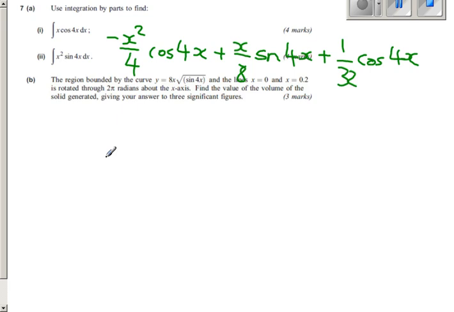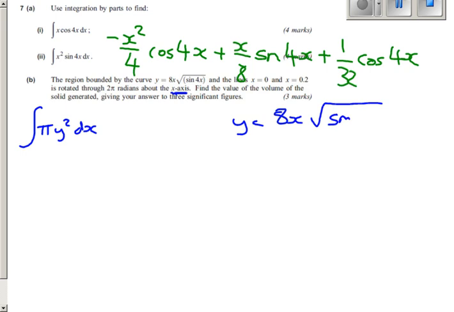Part B of question 7, we've got the volume of revolution part, and it's going about the x-axis. So remember the x-axis, you're looking at the integral of pi y squared dx. Now, y is this thing here that you've been given. That looks pretty horrible. But you want to find out what y squared is, so we need to square this